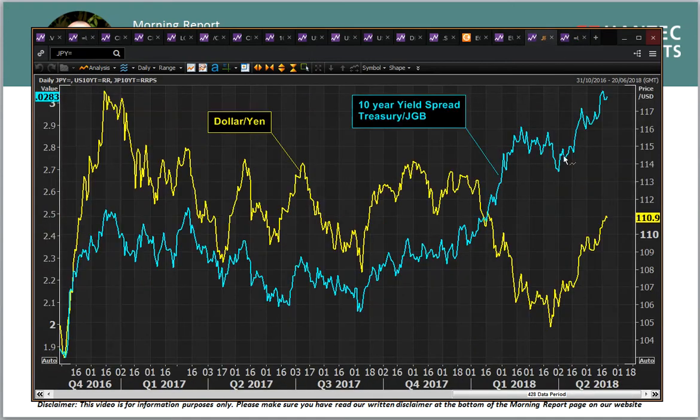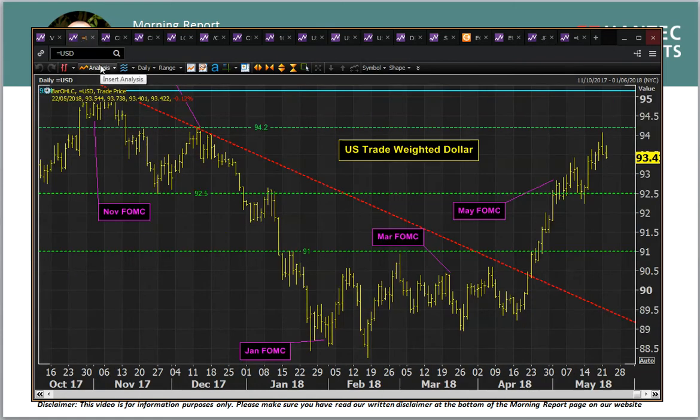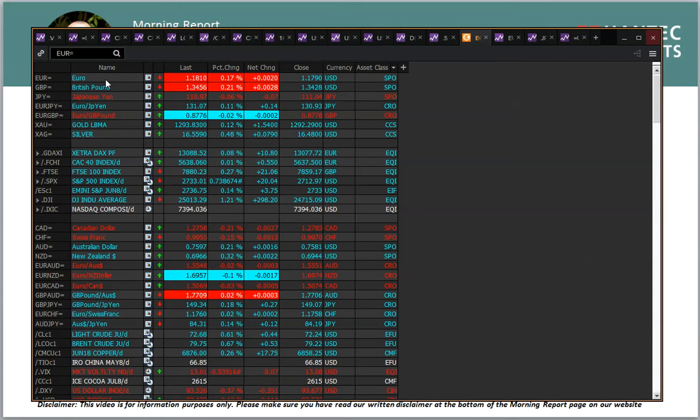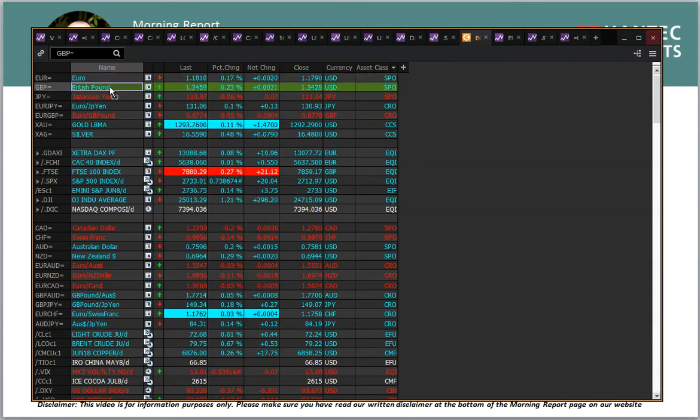Again, you can see that on the yield spread between treasuries and JGBs, ticking lower, and you've seen a slight retracement on dollar yen as well, so these yield differentials are still playing a part in this move. What we've got today is the dollar weaker across the board now into the European session,